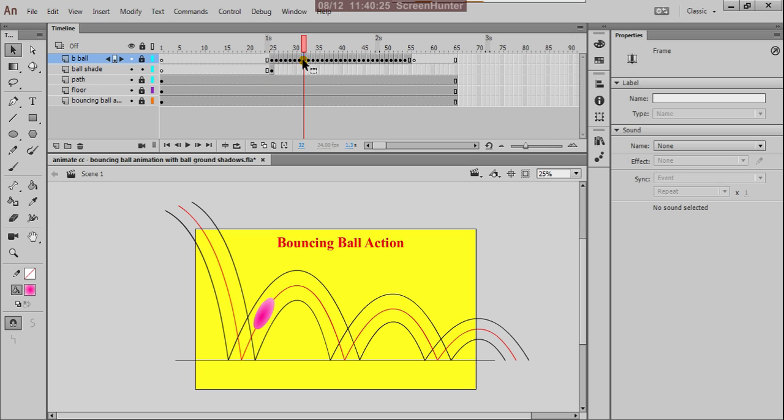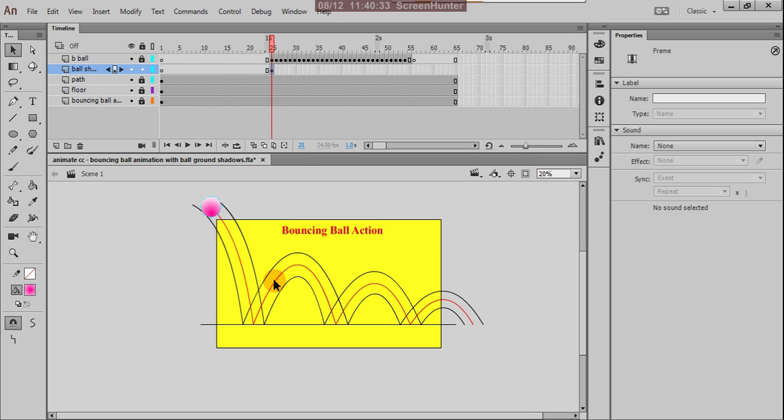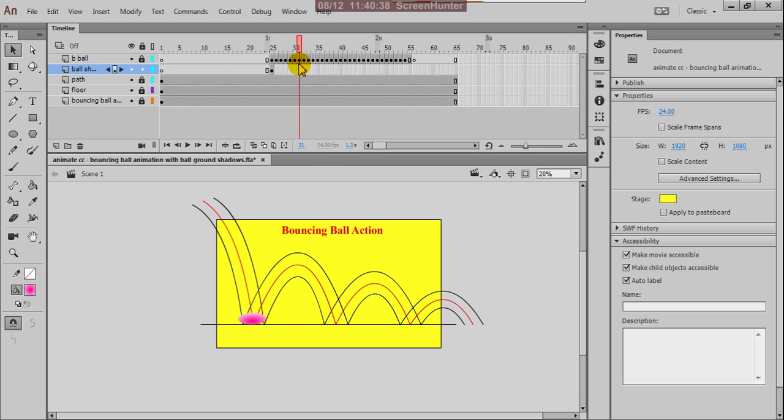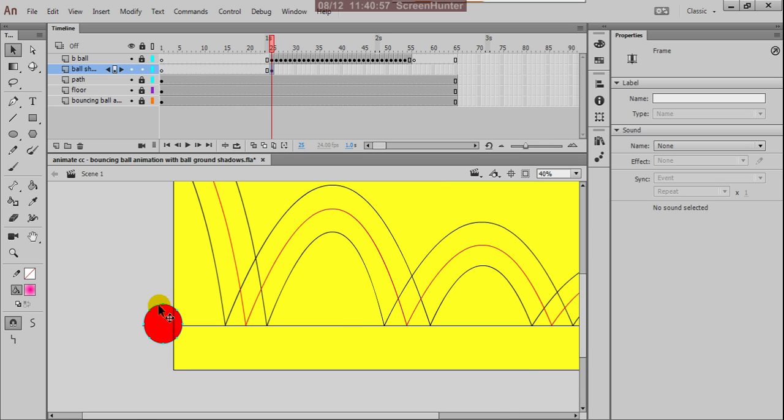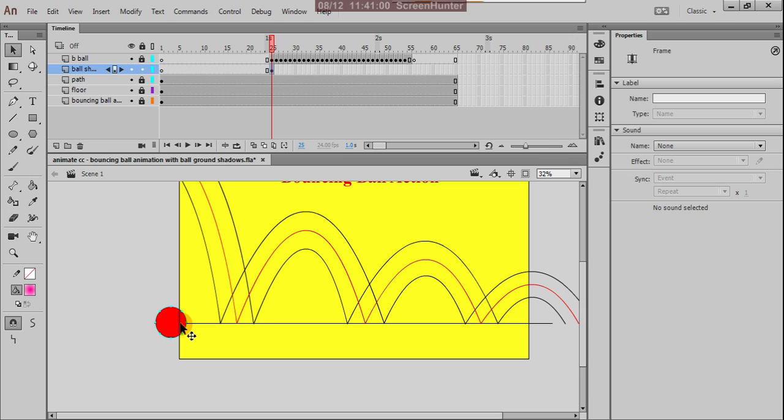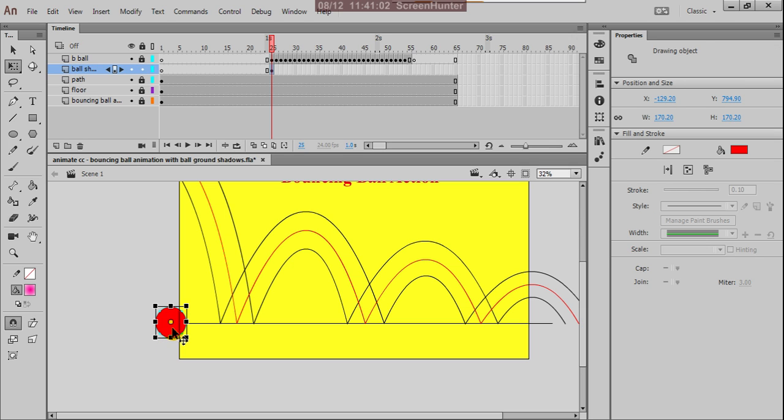Okay, unlock this and apply the down arrow. So the shade ball is coming down, then press Q.